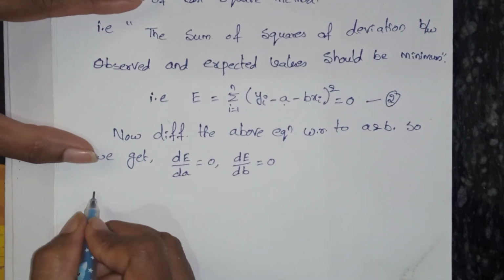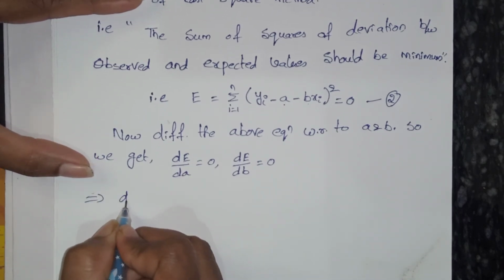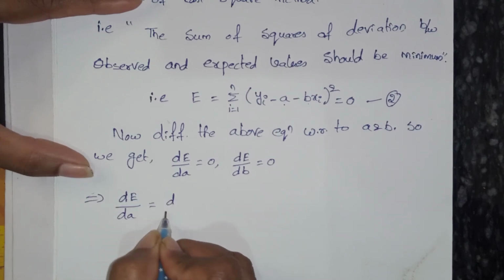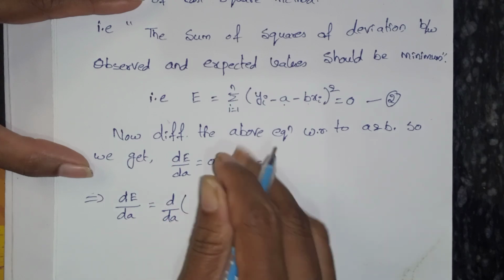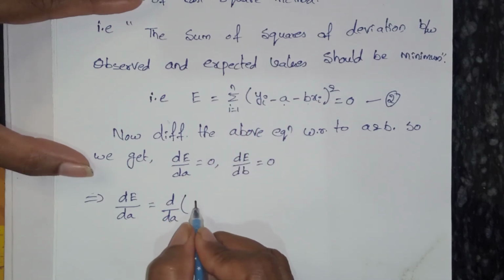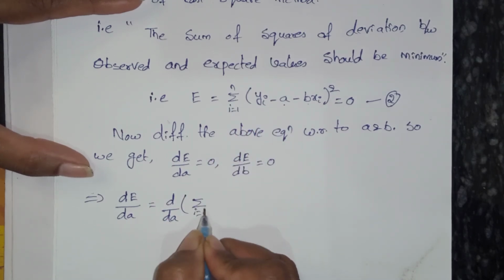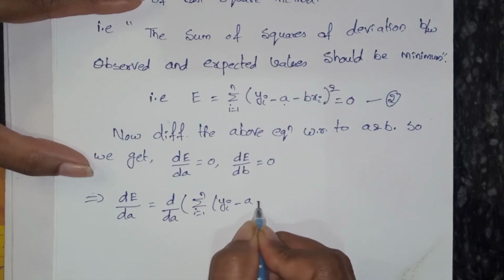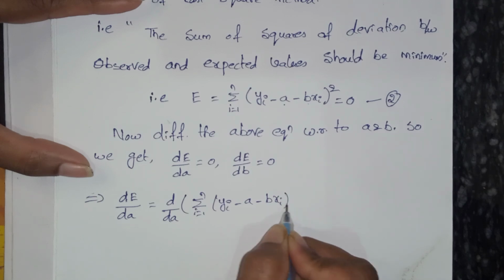First we will take a. So dE by da equals d by da of E, that is equation 2: summation i equals 1 to n of yi minus a minus b xi, whole square,